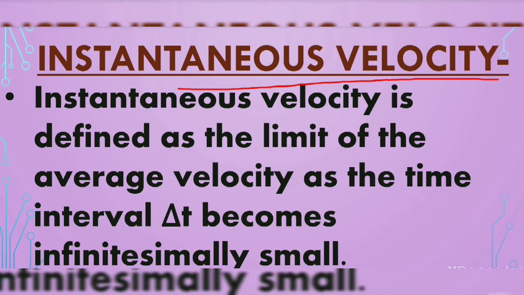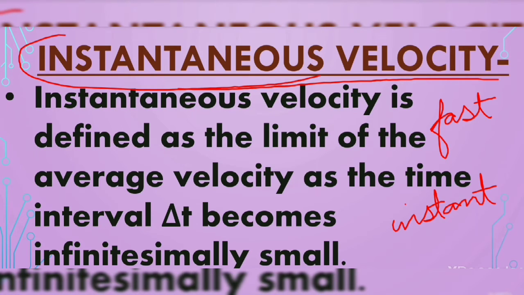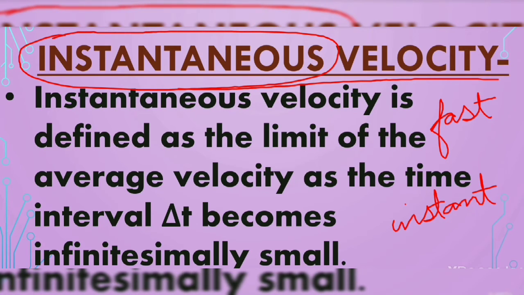Let us now discuss instantaneous velocity. The average velocity tells us how fast an object has been moving over a given time interval, but does not tell us how fast it moves at different instants of time during that interval. So the word instantaneous, as the name suggests, is the value at any particular instant of time.